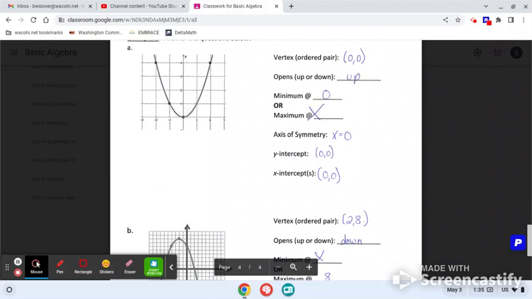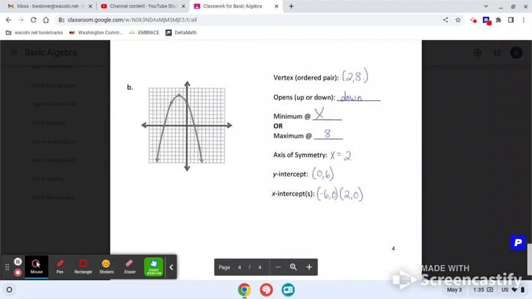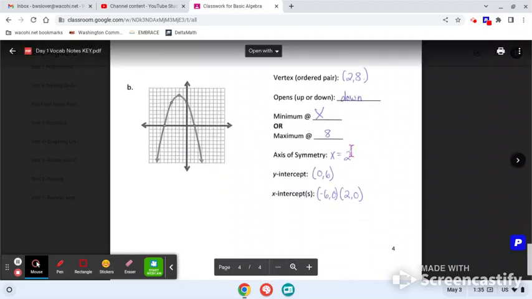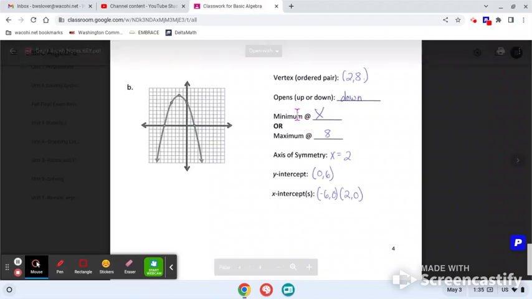And then example 2 is just more examples. So you can try those on your own and then come back and check your answer to see how you did. But once again, I want to stress that you cannot have a minimum and a maximum. You have one or the other. Axis of symmetry is always x equals because it's a vertical line. And if you have intercepts, they are